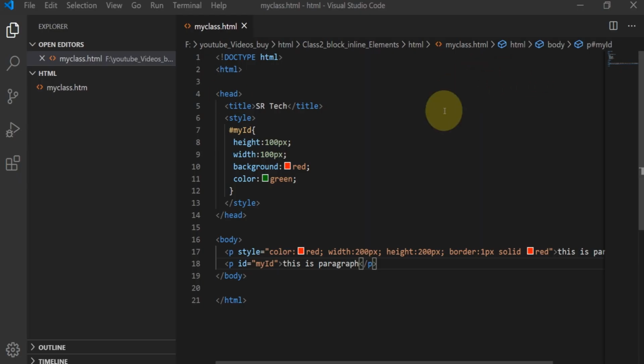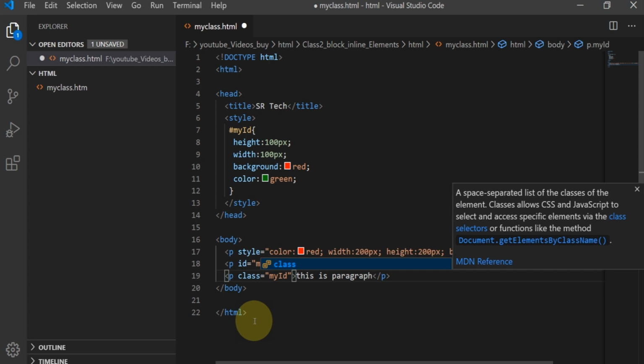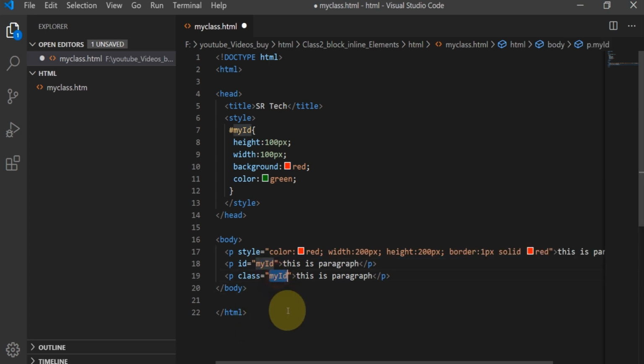So guys, here I am taking another paragraph again. I am giving a class instead of an ID. Class name: my class.